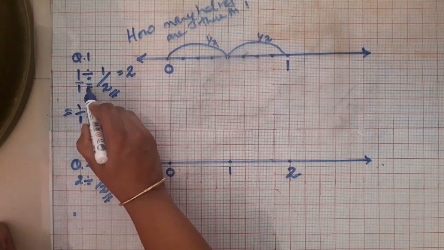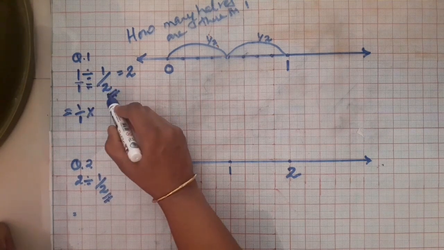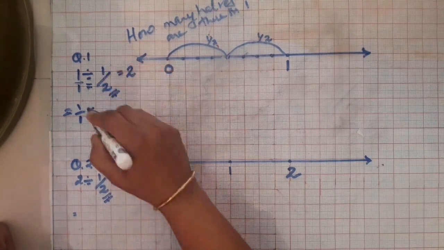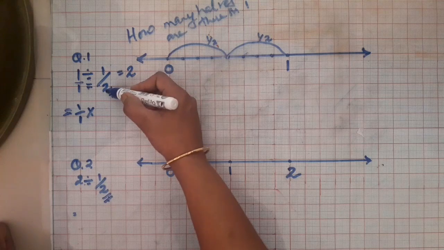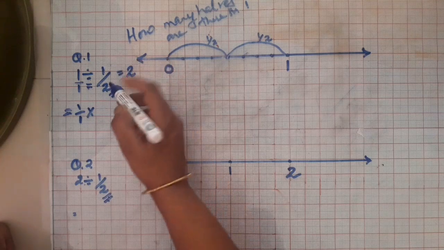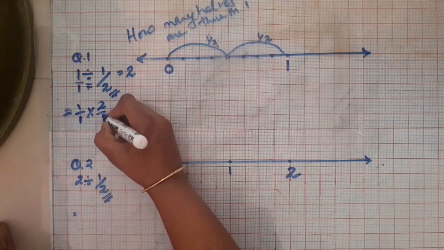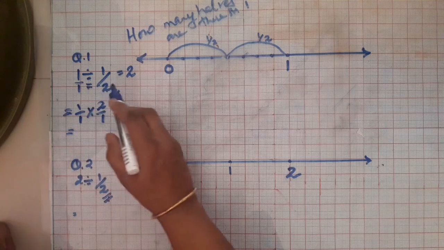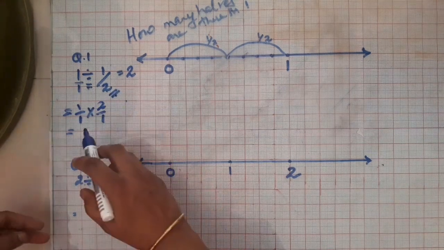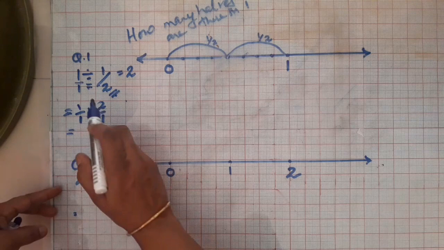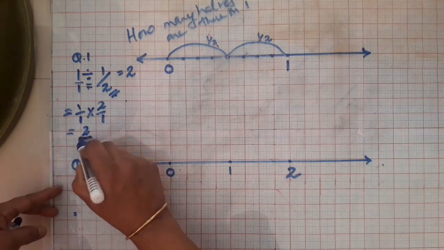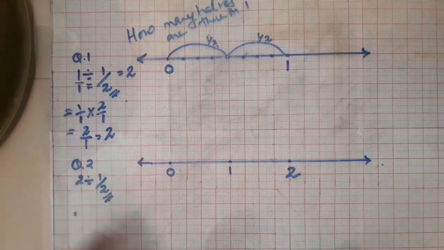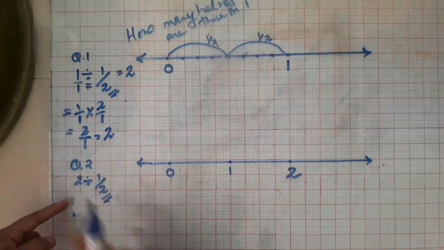So after division it is given 1 by 2. So the reciprocal of 1 by 2 is 2 upon 1. Ulta pulta you have to do. That is, numerator becomes denominator and denominator becomes numerator. So this will be 2 upon 1. And now as this is the product of the numbers, numerator is to be multiplied with the numerator and denominator is to be multiplied with the denominator. So 1 2s are 2 and here denominator is 1 1s are 1, that is 1, and the same as 2. Okay, let's see the second question.